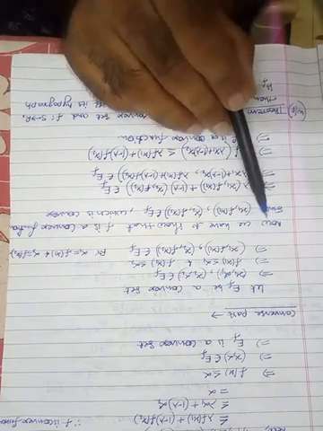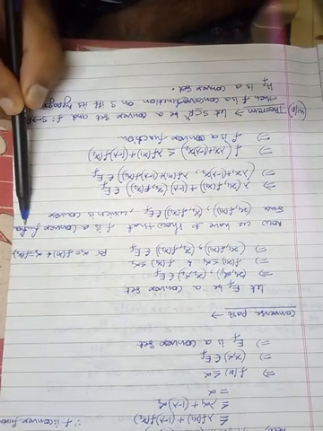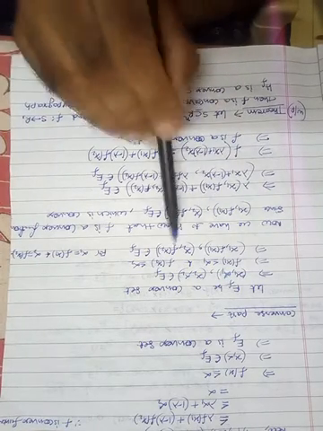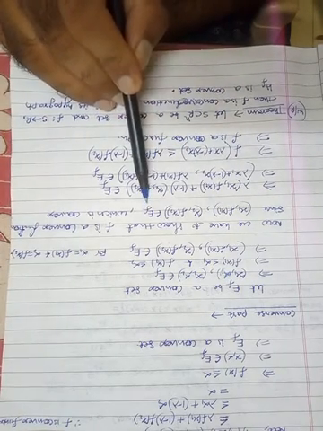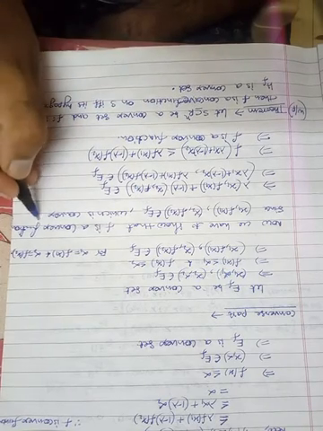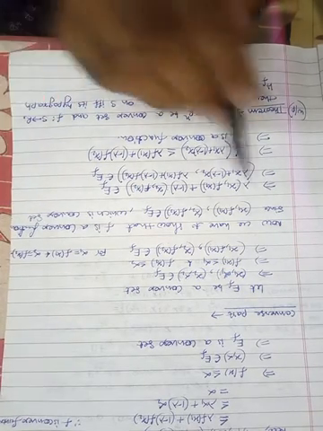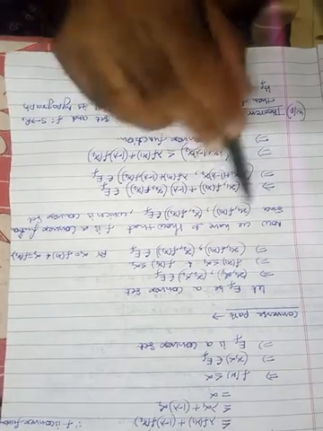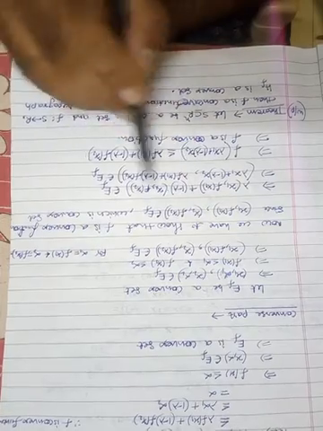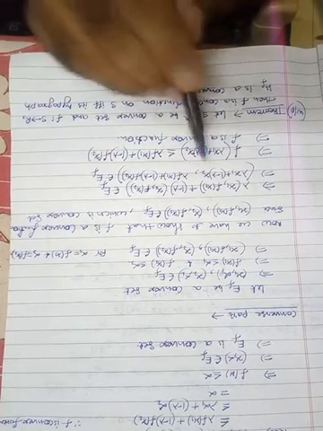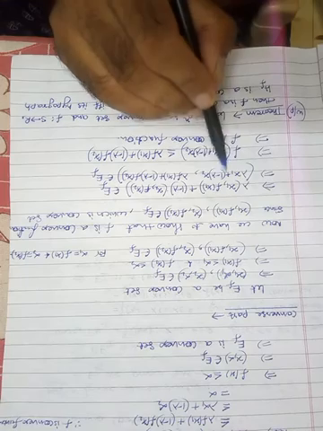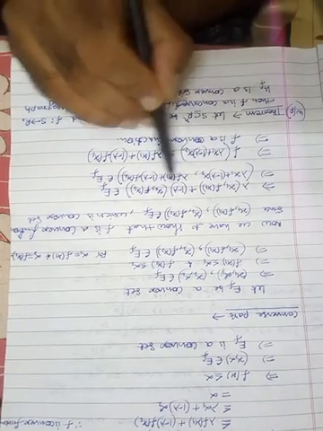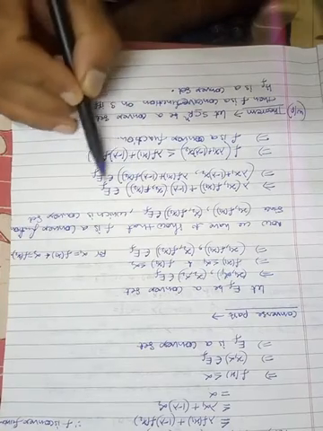Now what is our purpose? Our purpose is to show that f is a convex function. Fine. Now since these two points are from the epigraph, which is a convex set, obviously the linear combination will be in the epigraph. So lambda times the first point plus 1 minus lambda times the second point will be in the epigraph. Now simplify, so we are getting the first coordinate lambda x1 plus 1 minus lambda x2, and the second coordinate will be lambda f of x1 plus 1 minus lambda f of x2. This will be in the epigraph.